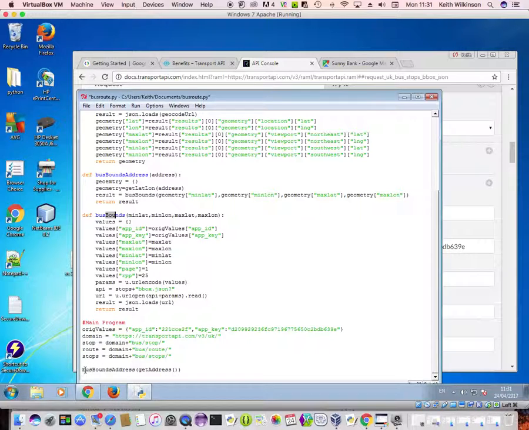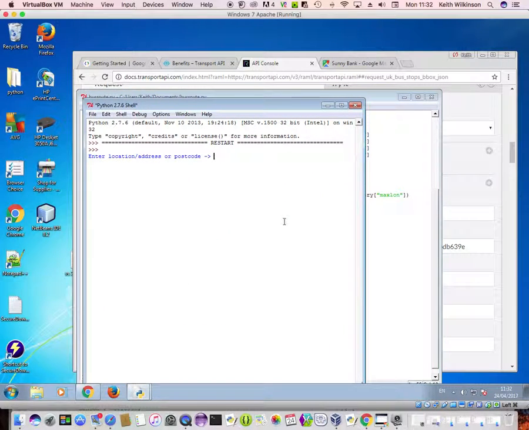As we're getting a result, if I just put result equals bus bounds address, that's great. And the last thing I need to do really is just print out, just to make sure I'm getting some sort of result from my call. So this is just a quick test just to see what we've done works and that we haven't made any glaring errors. So if I save that and run it, let's just show you that I'm running it, run module,